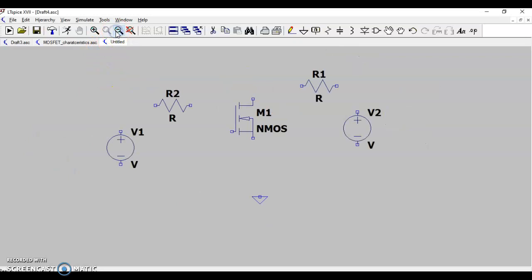Now after this I need to connect the circuit. For that I need a wire. From here I'll take a wire and then I'll do the connection.